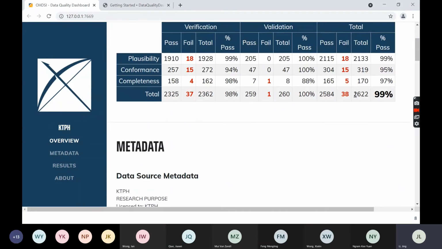The important thing is, we have run around 2,622 checks, out of which 2,584 checks have passed and 38 checks have failed. The reason why you see only 2,622 instead of 3,351, which I showed you in the slide, is because we have excluded a lot of tables because we don't have data for such tables, so we have excluded them.